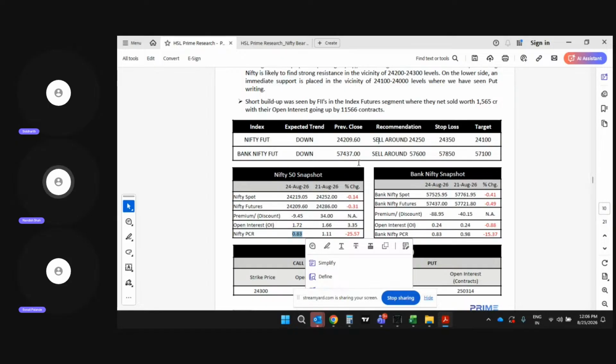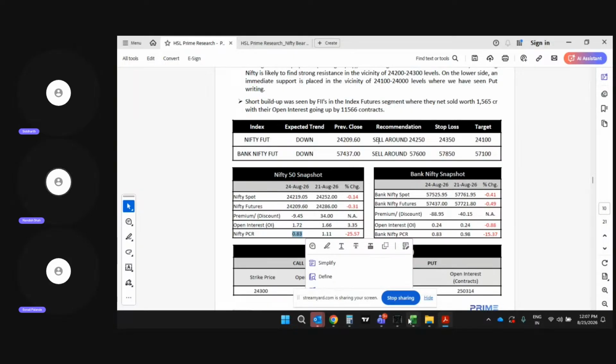Now coming to future data, as of now we have seen addition of 3% in Nifty futures while 4% in Bank Nifty futures. So that suggests that while Nifty and Bank Nifty are almost trading flat, there is a tug of war between bulls and bears. While Nifty and Bank Nifty remain in the range, there is good addition of around 4% in both Nifty and Bank Nifty futures. But which side has more power, that will let you know in the session ahead.